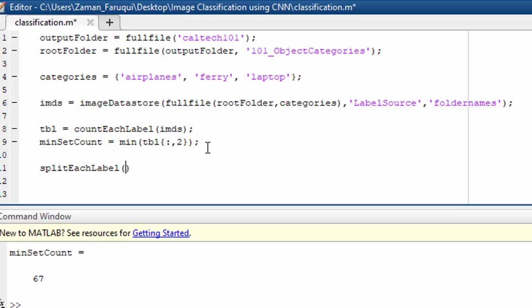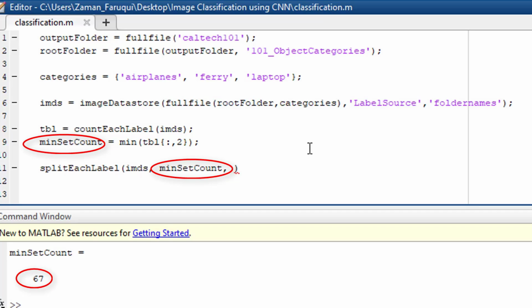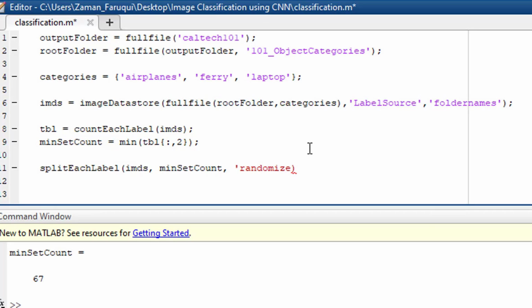This function will split each level located in IMDS variable and will keep min set count number images in each category. You remember, min set count gave us 67, right? And I want to select 67 images randomly. That is why using randomize argument. Terminate the line,